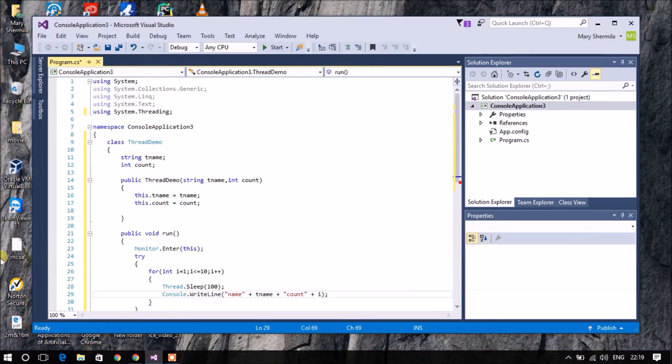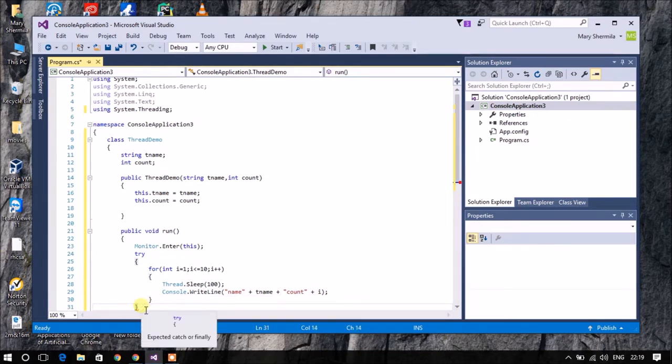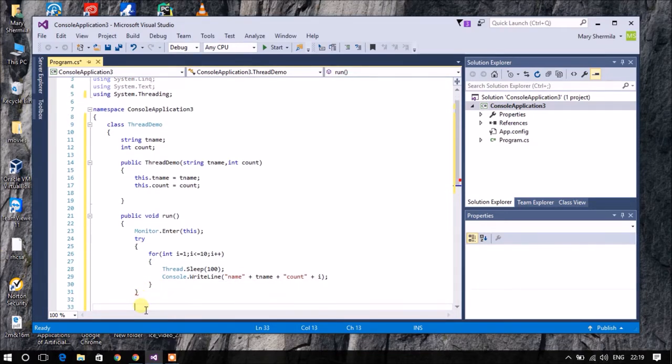The tname is going to give the name of the thread, for example thread 1 or thread 2, and the i value corresponds to the values from 0 to 1. So with this my try block is over, and after this I am going to define my catch block.